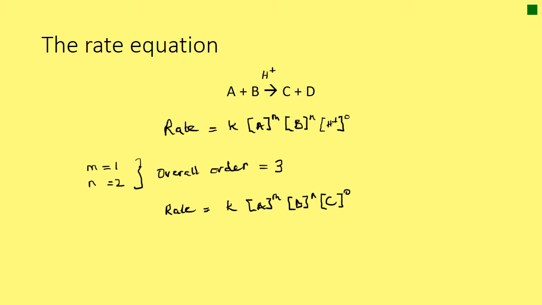So a little bit on orders of reaction. Orders in AS level can either be order 0, order 1, or order 2 for each of the reactants. Now, if anything is to the power of 0, then it just equals 1. And so what that says, if M equals 0, is that the rate is actually not dependent on the concentration